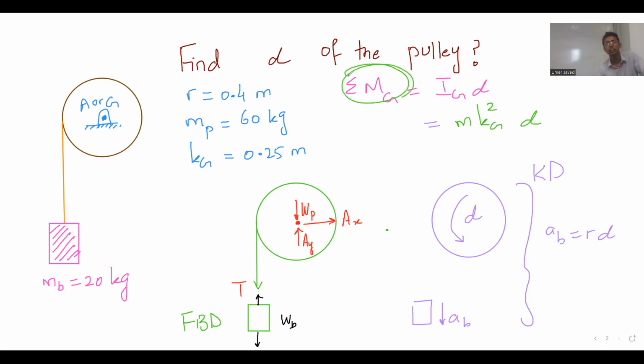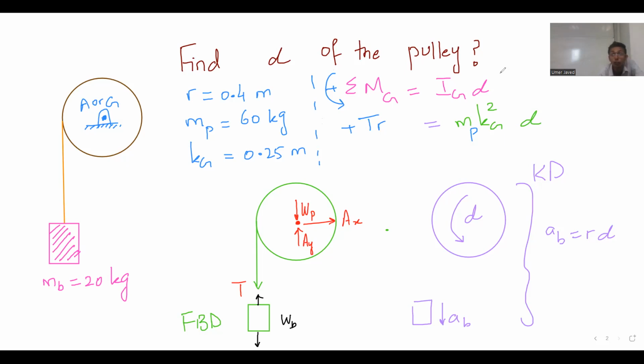Okay, what about this left hand side? It will be anti-clockwise T multiplied by R. So I will write positive TR, and anti-clockwise is positive. Okay, and this is the mass of the pulley. Now from here, all you have to do is